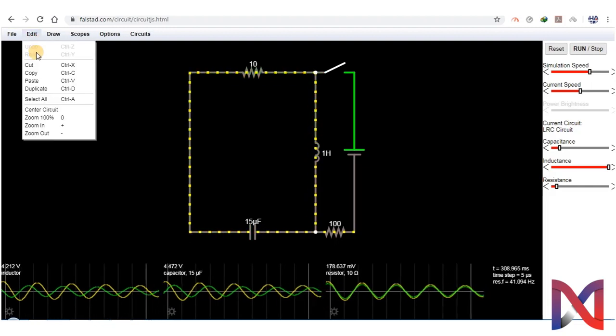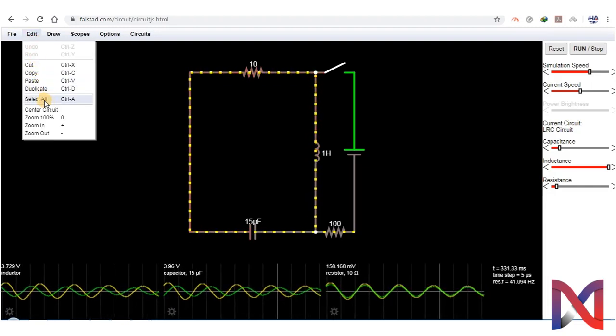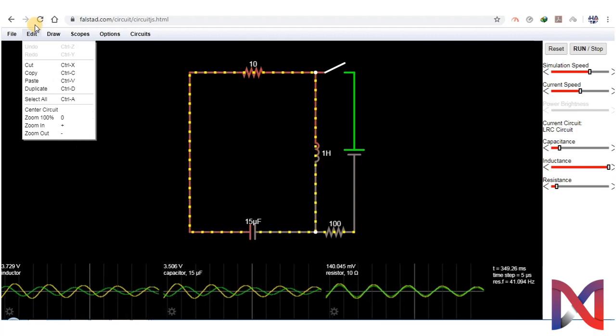In the edit menu, you can cut, copy, paste, duplicate, and other options.